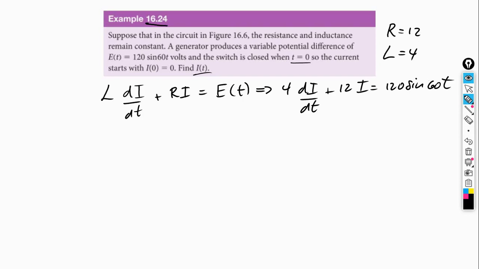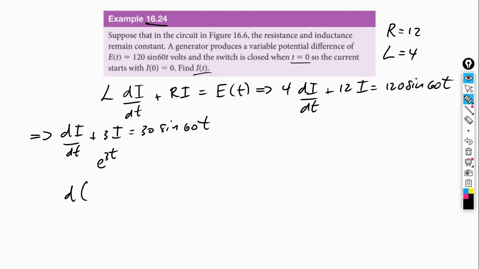We divide both sides by 4, and we're going to get di/dt plus 3 times the current is equal to 30 sine of 60t. Multiply both sides of the equation by the integrating factor, which is e to the 3t as we found before. And we know that on the left-hand side, we're going to get the derivative of e to the power of 3t times I,